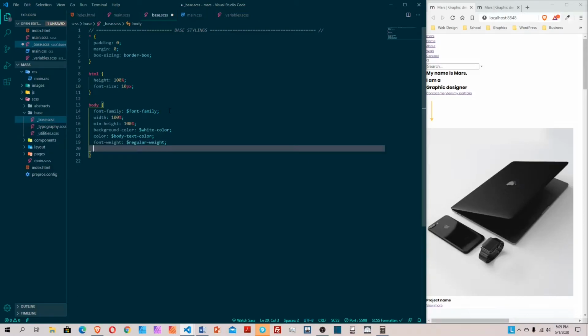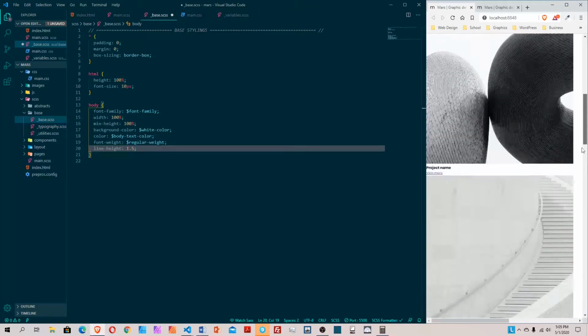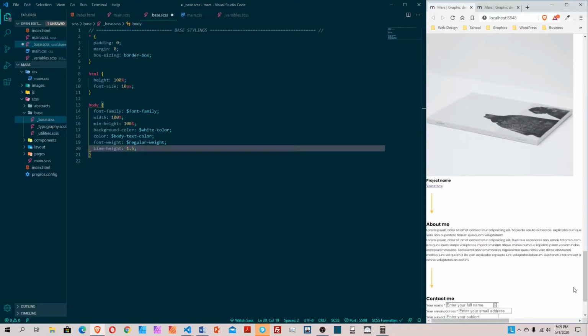And we set the line height to 1.5. Line height is the space between, for example, this space right here, from here to here, is the line height. A better way to show it to you is right. See this space right here in between the first line and the second line is the line height. So I set this one to 1.5,